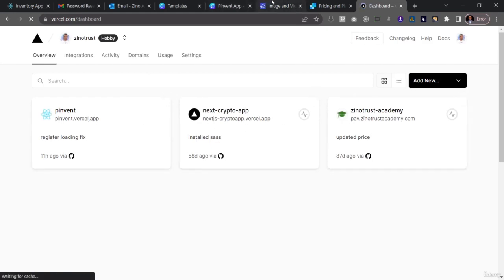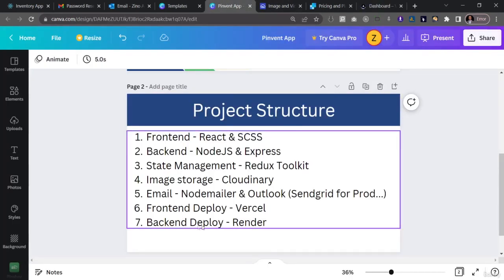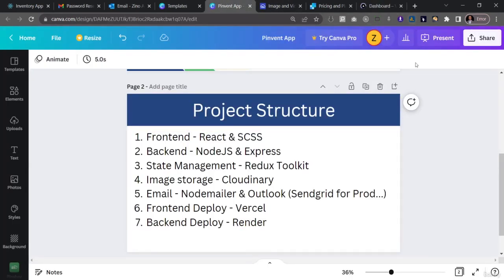Then lastly, for our backend, we're going to be deploying our backend to Render. For that, we already deployed to Render in the previous project, so I expect that you have a Render account already. So for now, these are the things that I would like us to have prepared as we get started building the project. All right, if there's any other thing that we need to talk about while we start building, we're going to come back here and just